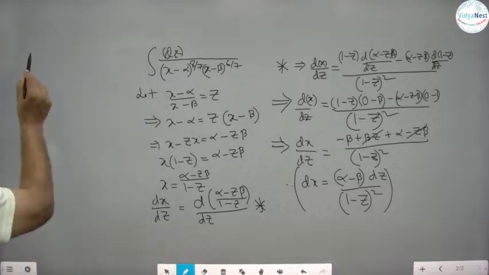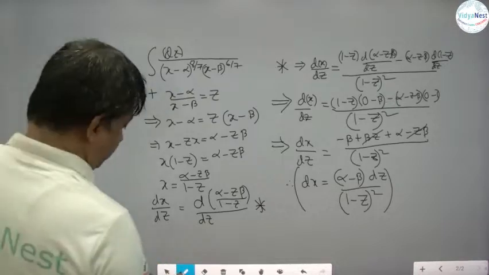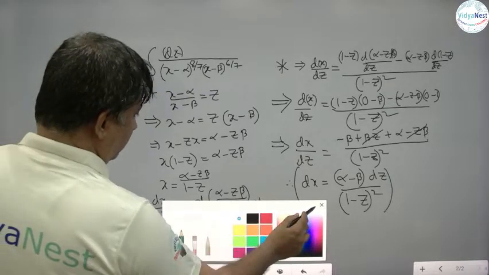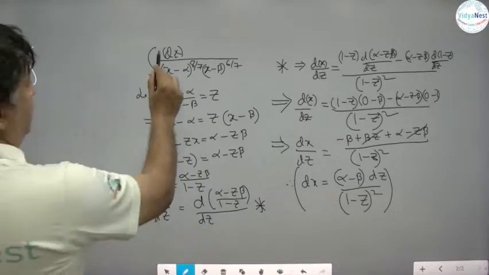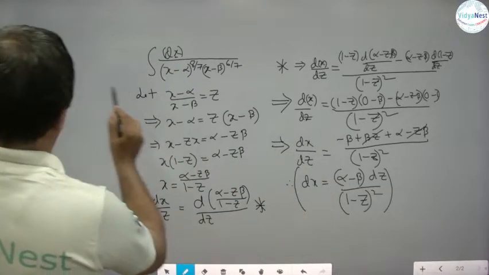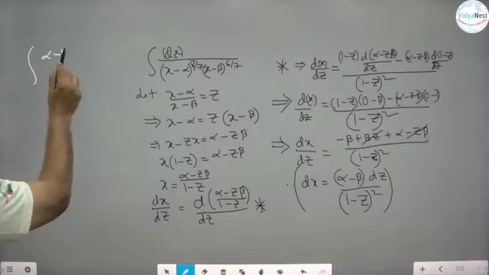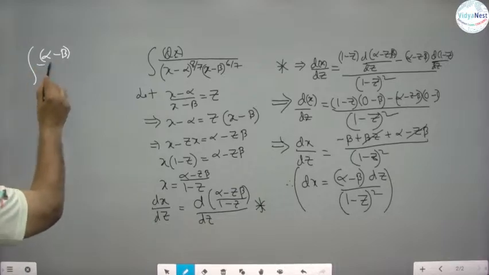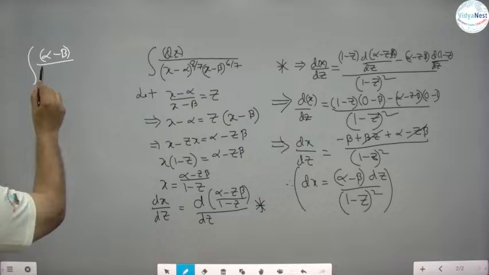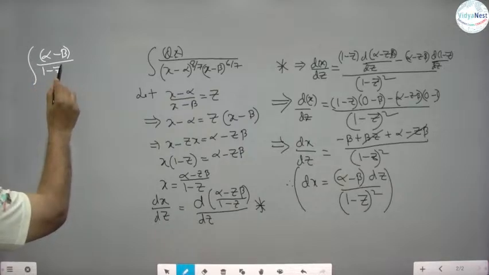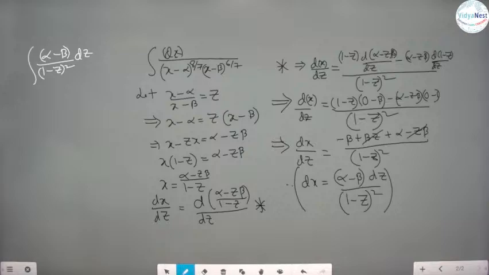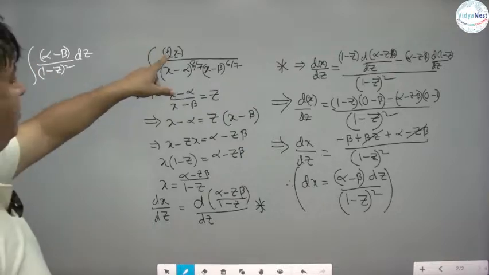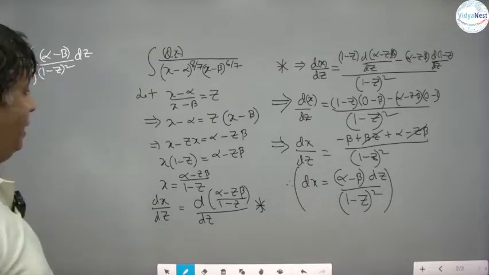See, instead of dx, you put this value. So this value I have placed in place of dx, and the denominator part,